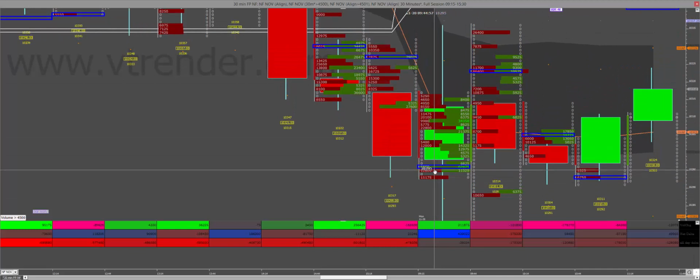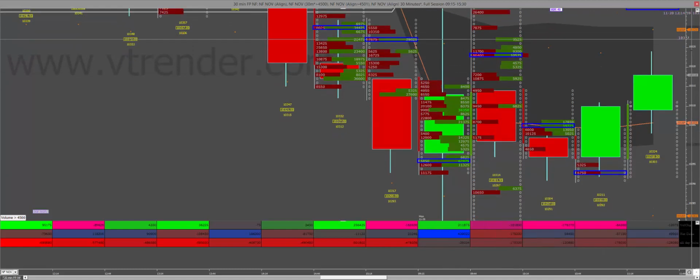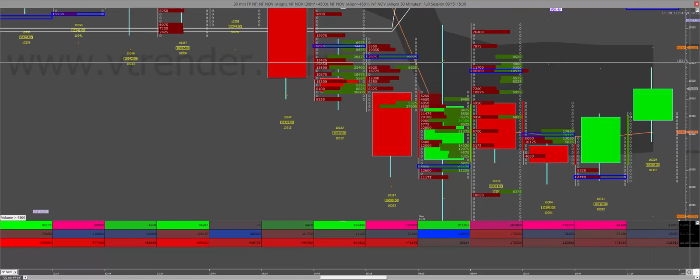Okay, and you can see, this is what we call the responsive buyer, RB, 62k coming in right at the open on Monday, and they tried to pull up. But here's what happened as the market drove up. Immediately you can see that there was an RS, a responsive seller, 86k right at 10,323, further backed up